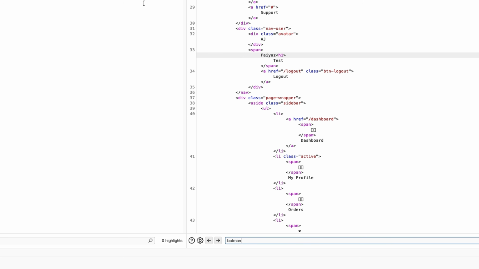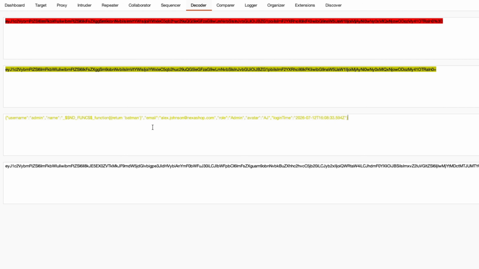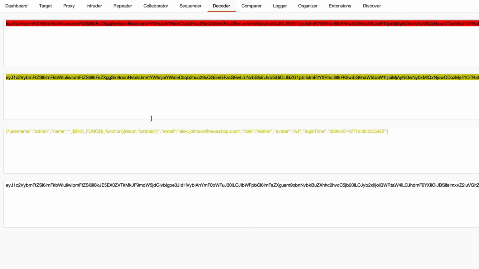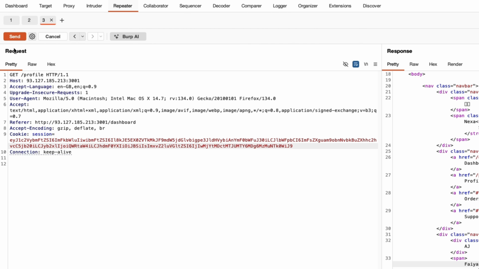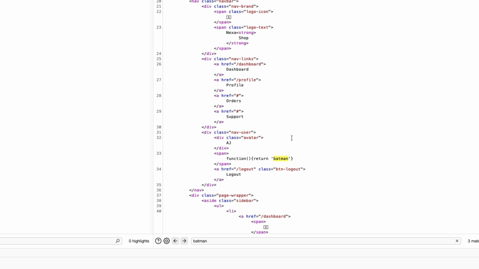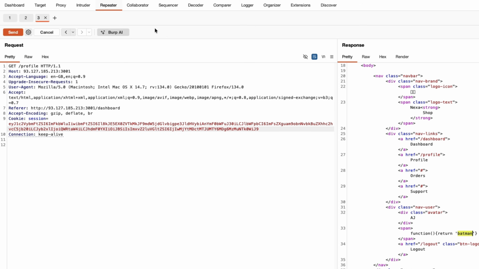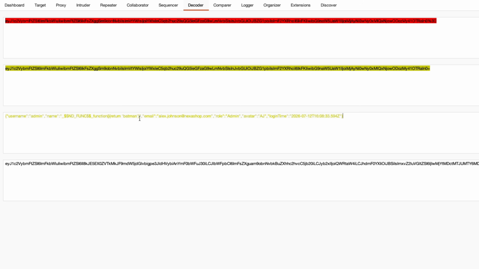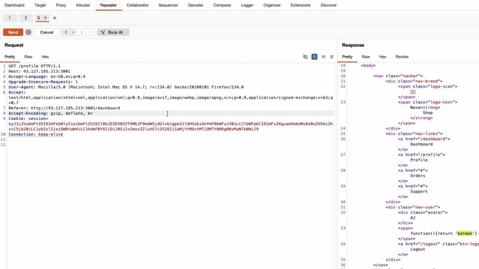And we can see Batman is nowhere reflecting in the response. And if the application is vulnerable, if the application is parsing our value, or it is vulnerable to insecure deserialization, we should be able to see Batman. So we have encoded this. Let's copy this out, paste it into the cookie, send the request, and as you can see, okay, sorry, it's my bad, just one small thing is missing. We need to call the function over here. Let's do a call like this, and now let's paste this value here,